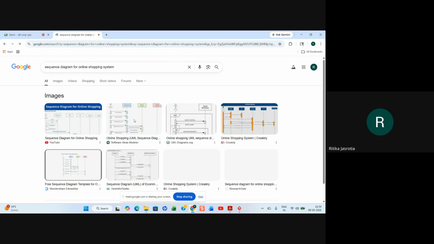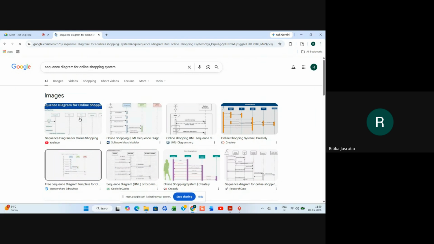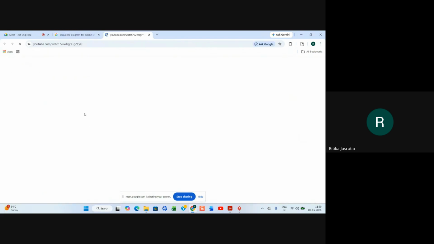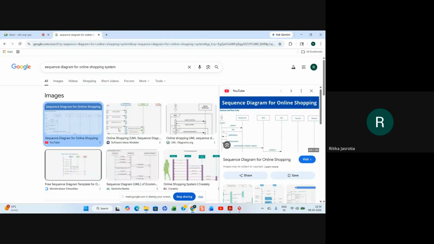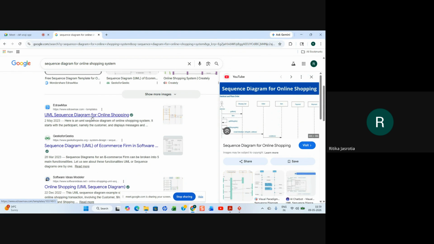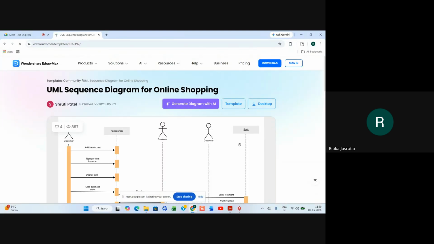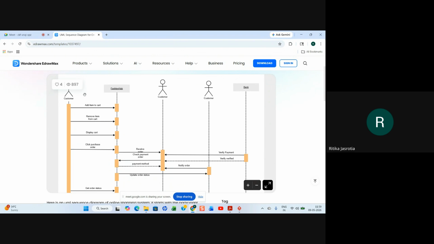So we are just seeing some examples. They have given one example here, a YouTube one, in eDraw. You have a customer, and a Fashion Hub website, or whatever website or system they are talking about, an online shopping system.